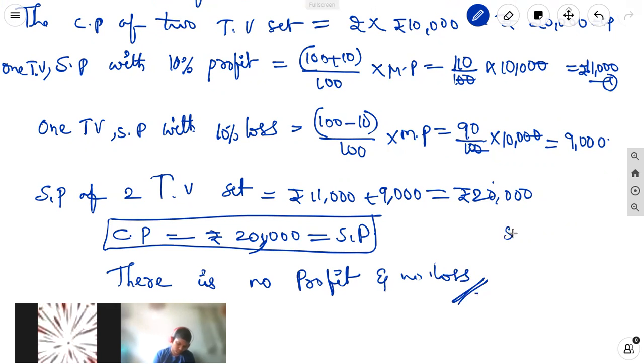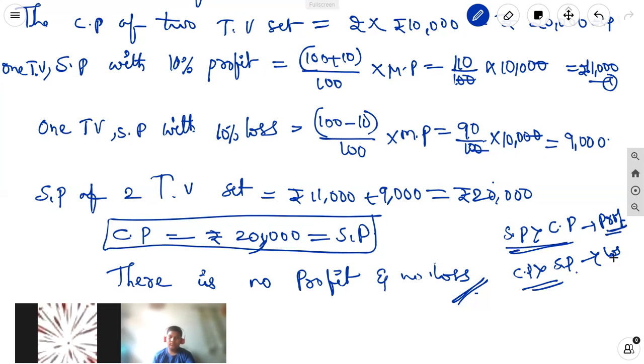Okay. If the selling price is greater than the cost price, then we get the profit. If the cost price is more than the selling price, loss. Selling price is more than the cost price, profit. Cost price is more than the selling price, loss. Cost price is equal to the selling price, no profit, no loss. You remember these three conditions. When we purchase a small amount and sell with a big amount, we get comparatively some profit. Okay.